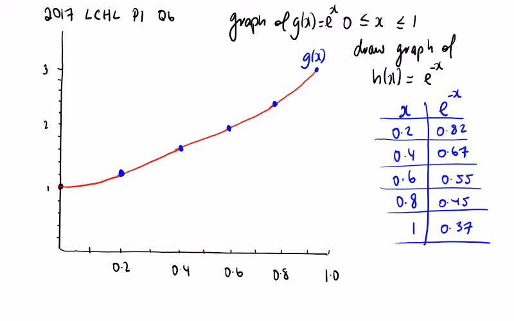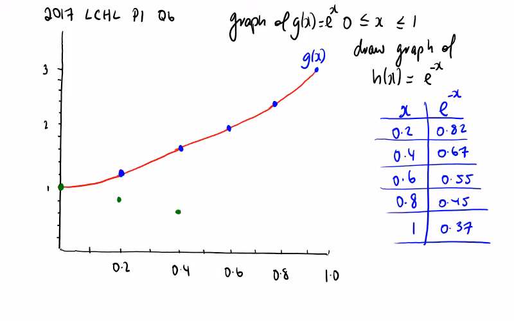So I've just typed all these values into the calculator, e to the power of minus x. You could also do 1 over e to the power of x as well. So I'll just pause it again and put these dots on my diagram and try and create the inverse function. We know, well, I'll do it live. We know anything to the power of 0 is equal to 1. 0.2 is 0.82, so approximately here. 0.4 is 0.67,